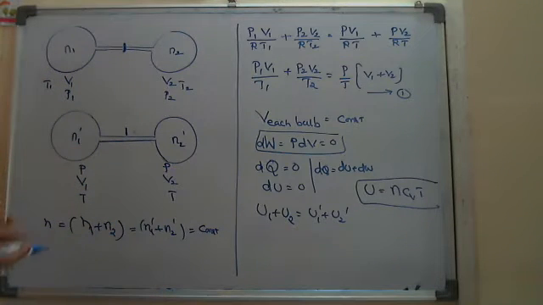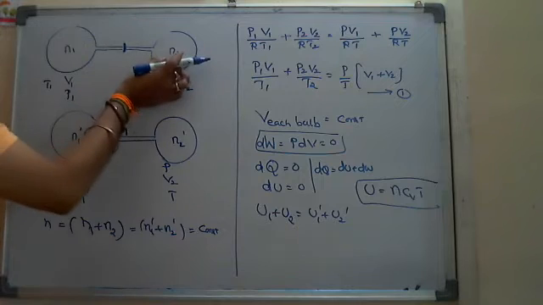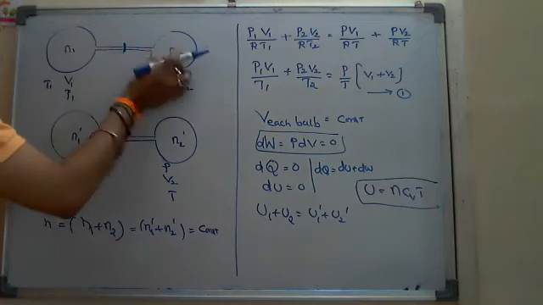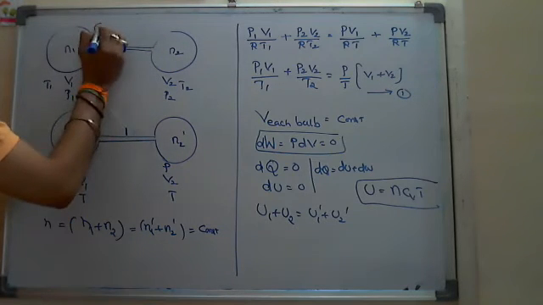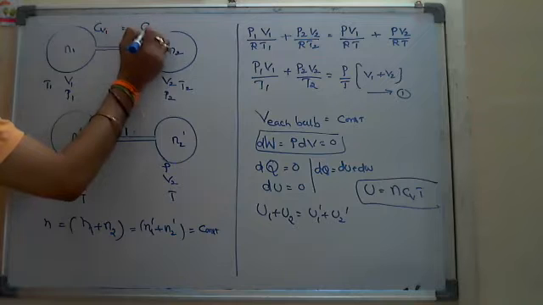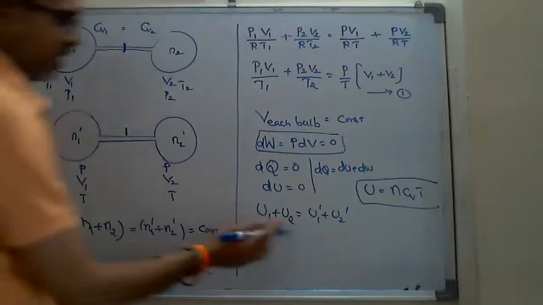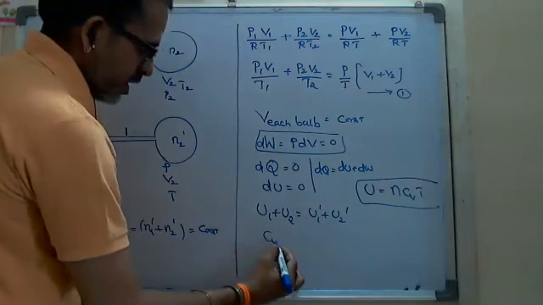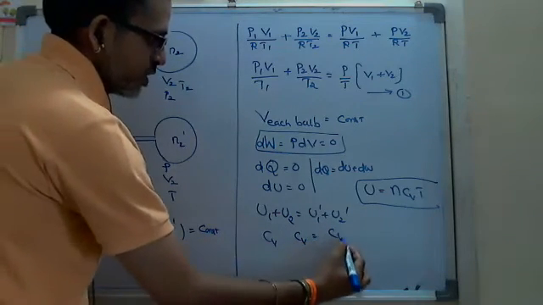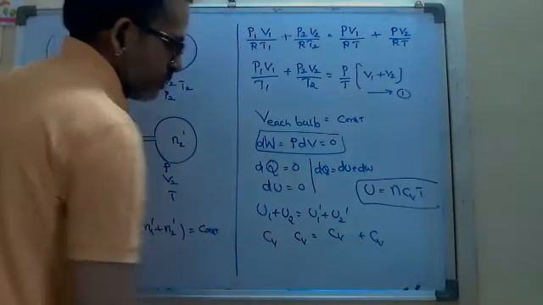Why? Because the same gas is taken in both, like monatomic or diatomic or triatomic or polyatomic. Suppose hydrogen, here also I am taking hydrogen. That means Cv in both the bulbs is the same. Cv1 equals Cv2 for all of them, so in all cases I can write a common Cv.